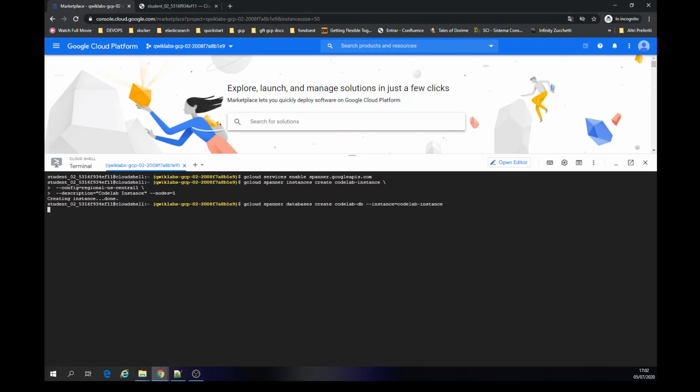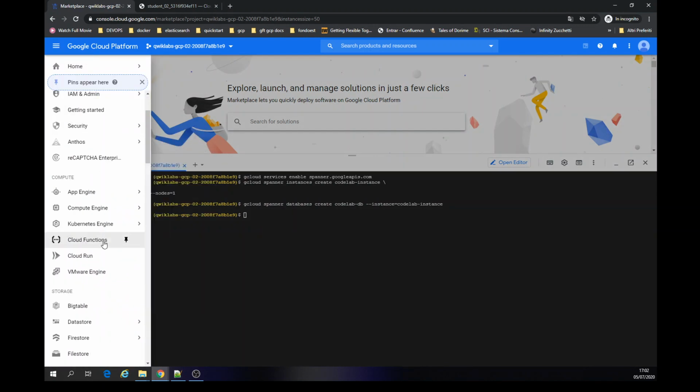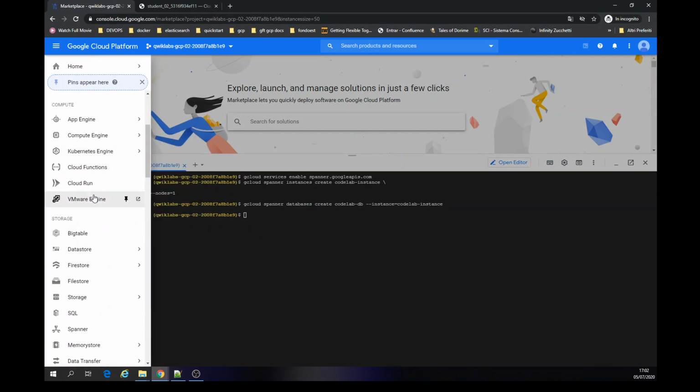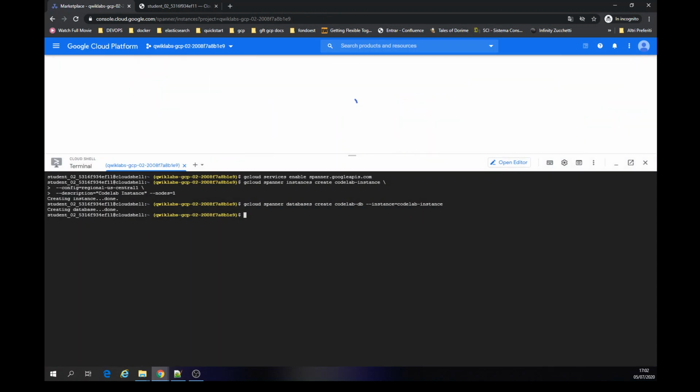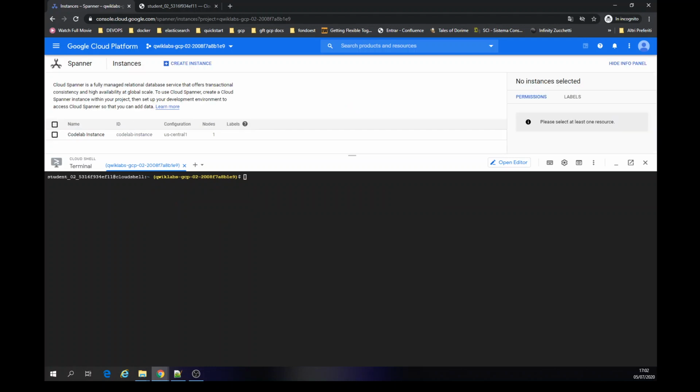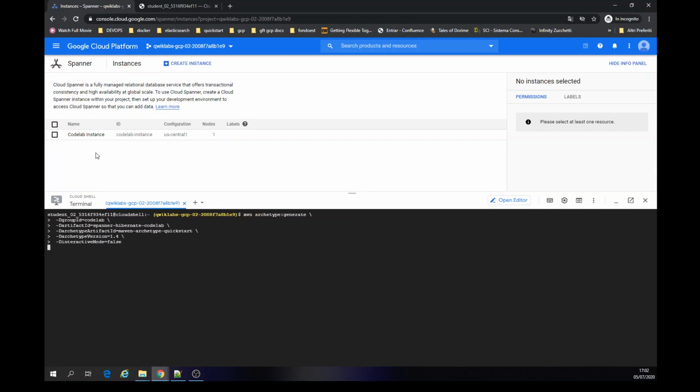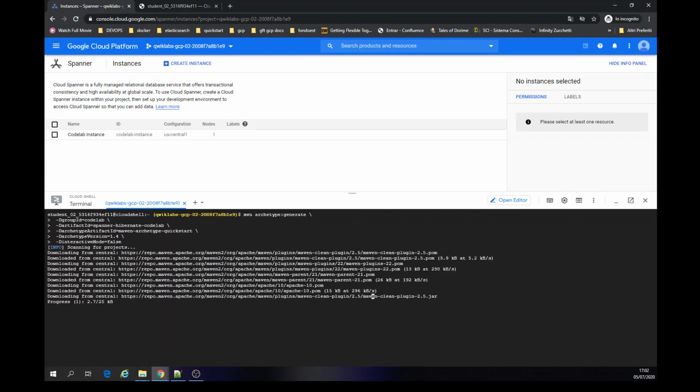Now let's create a database. Perfect. Let's click on the Spanner. Let's create an application. You can see the instance is just created. Now I create an application